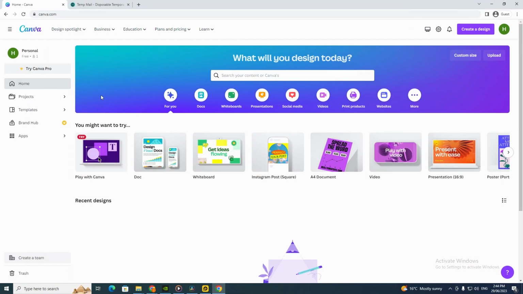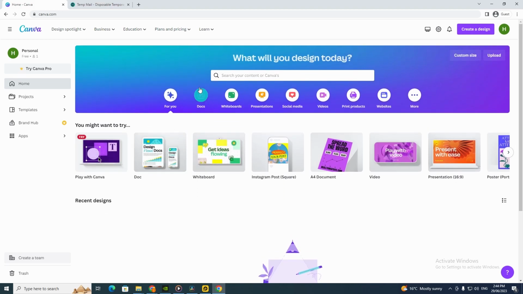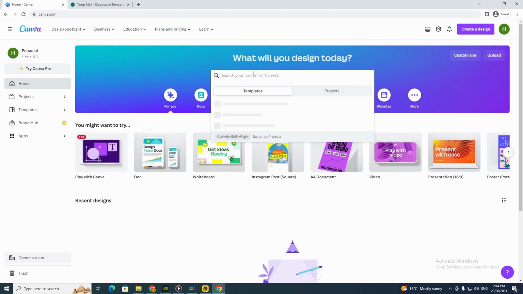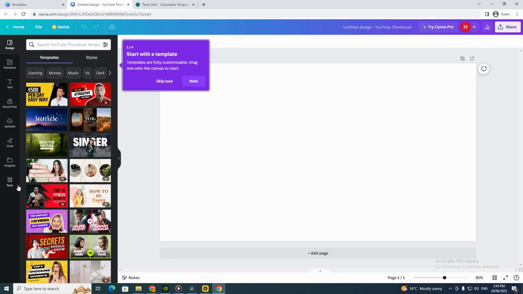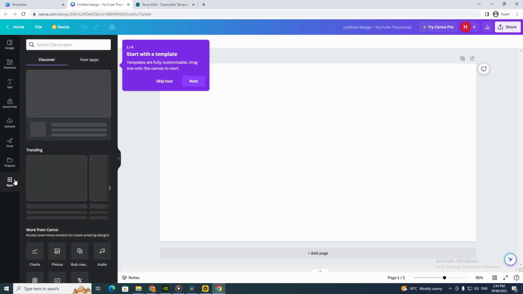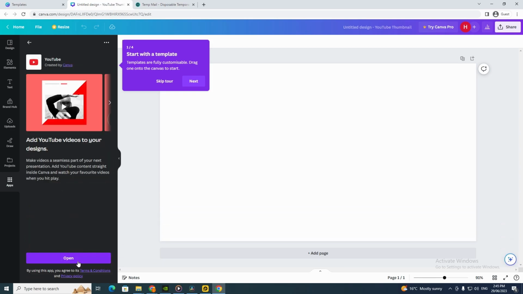So now how do you add a YouTube video to Canva? So all you got to do is click on one of these, maybe go for you or go YouTube thumbnail, and we just click a blank one. And you want to go down to apps here, and you can click YouTube right here and click open,